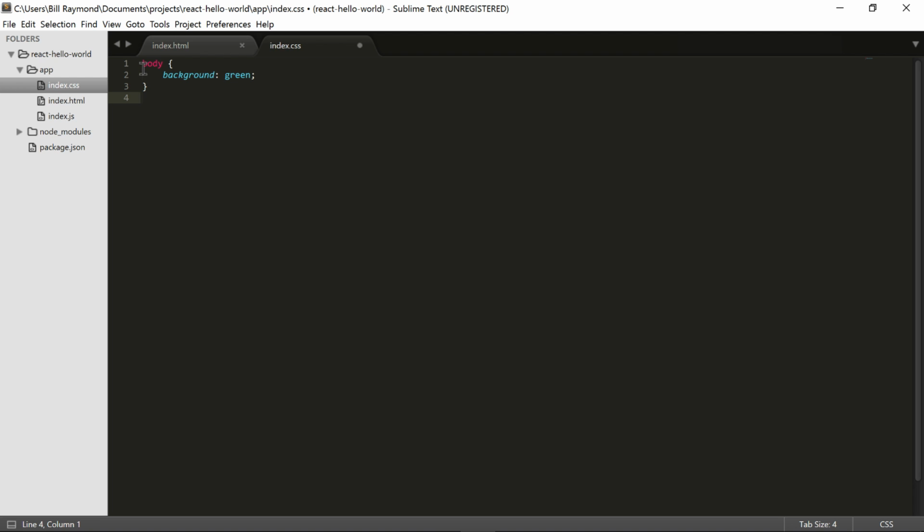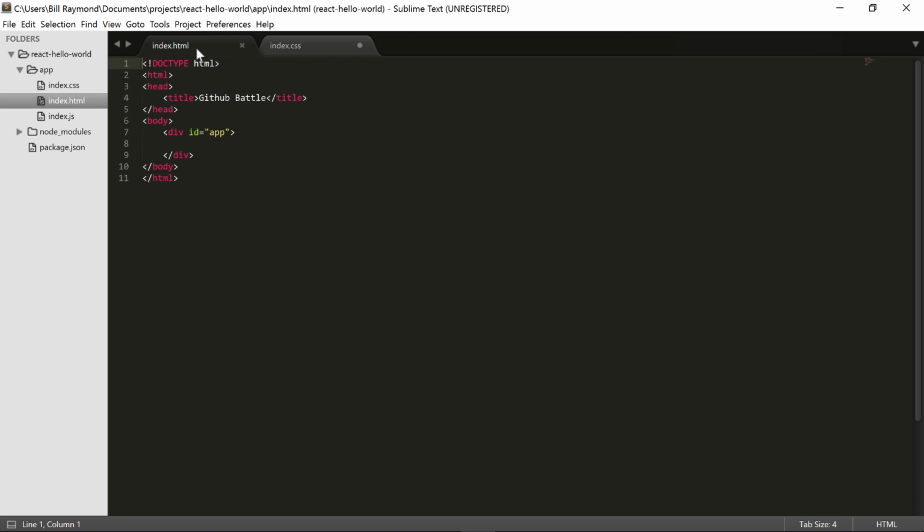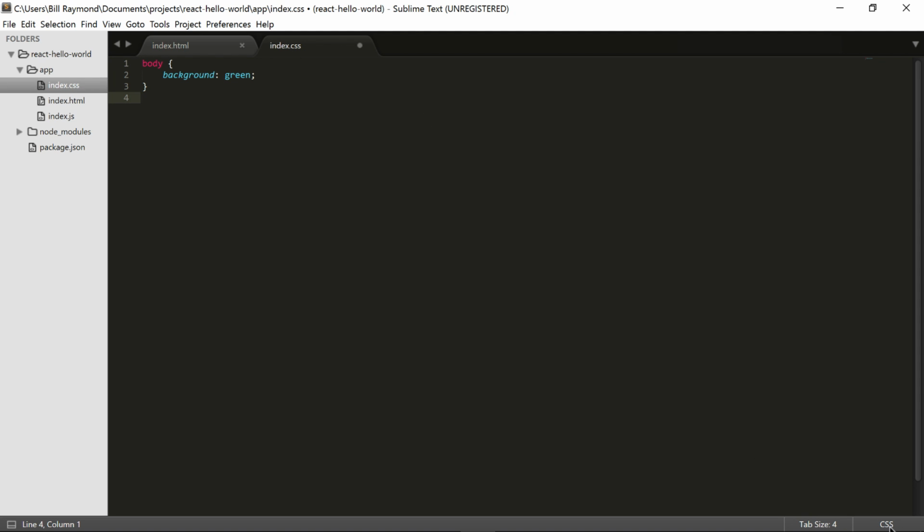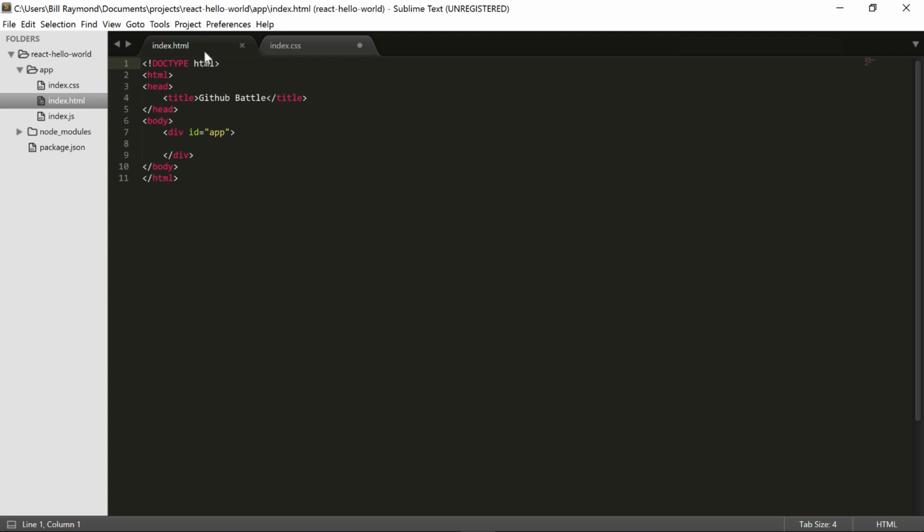Now, notice also that by default, Sublime has identified the fact that this is actually a CSS file. How do I know? Because it's showing body in red and background tone in green and this sort of aqua color here. It's automatically formatting for me. And let's go to this index.html file. You can see that it's automatically formatting the HTML, recognizing HTML. Well, how's it doing that? There's a number of ways to get to menus within Sublime, and you're going to find all sorts of interesting ways to do this. But what I like to do when I'm on a file is just come down here to the bottom right-hand corner, and you can see it says HTML. I'm going to go to the CSS file, and notice it sees CSS. If I were to come back here to the HTML file